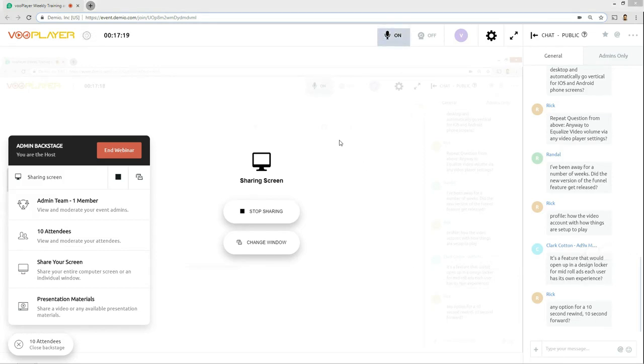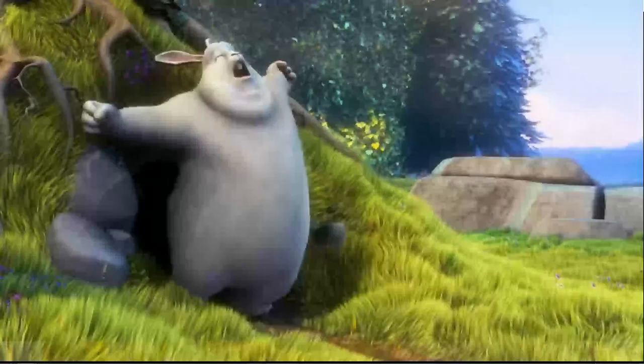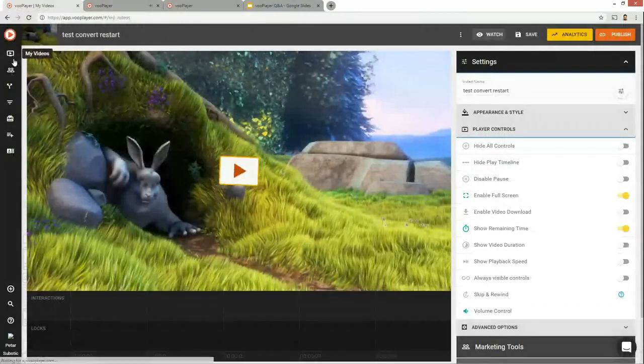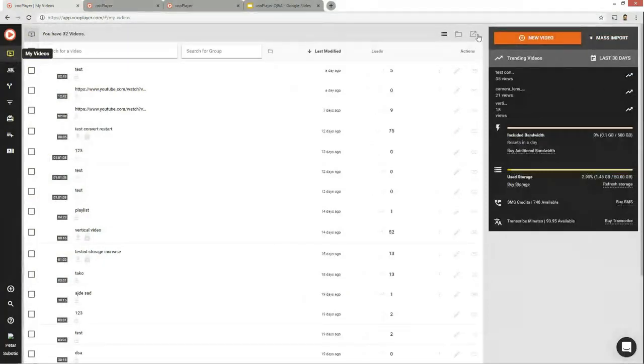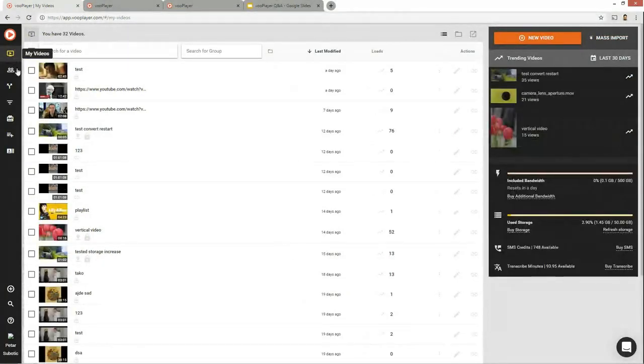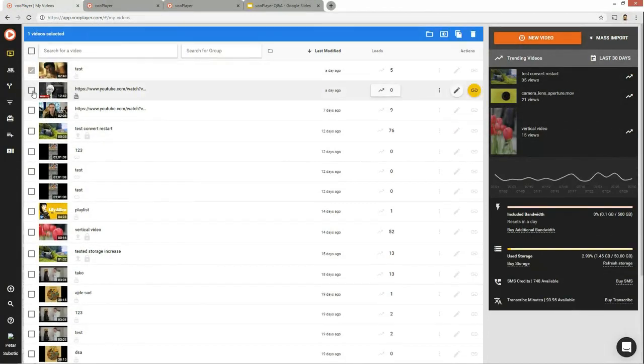So if there is a video export option, I didn't mean to do that. So let me just double check something here. I'm not sure what exactly is exported here. So I'll just come over here to my dashboard and I'll select some videos. I need to click outside of that. I'll select these two videos, or maybe I can't.